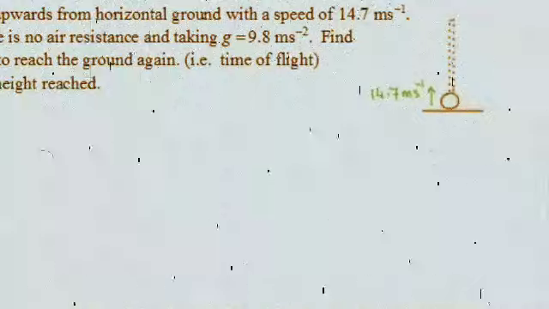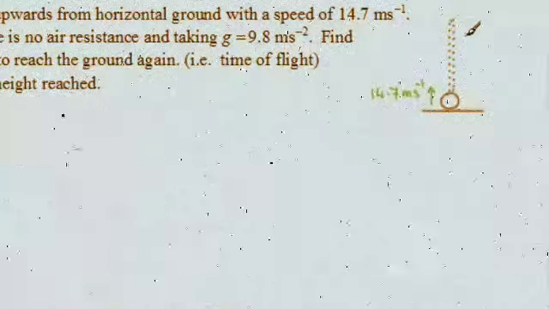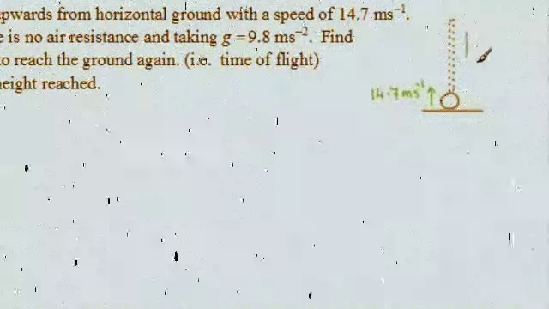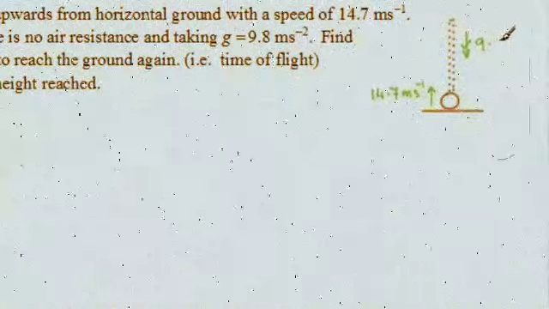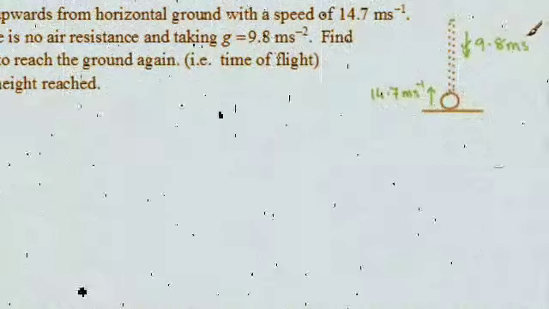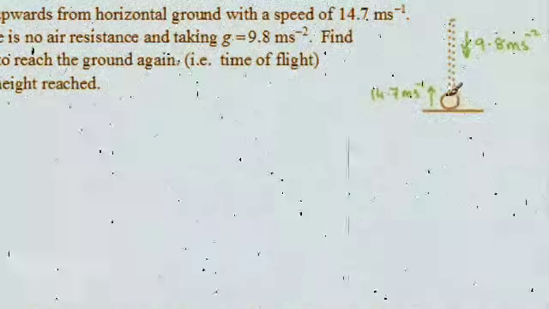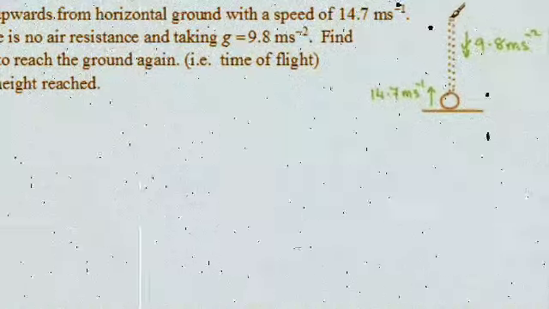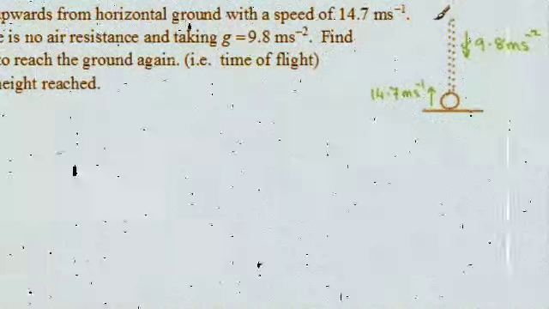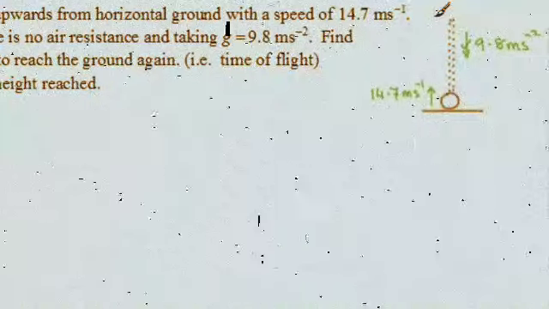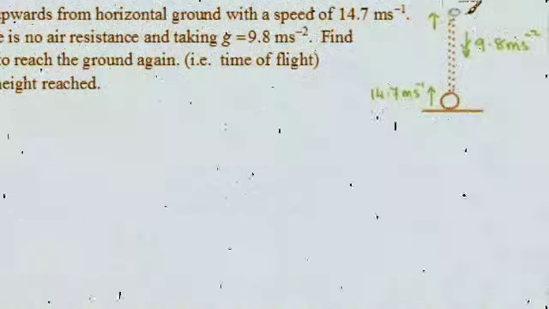Now, I would want to put on this diagram the acceleration due to gravity, which acts vertically downwards. So if we mark that in here with a double arrow, it's going to have a magnitude of 9.8 meters per second squared. Now, when the particle goes up vertically, it comes to instantaneous rest at the top here. So at the top here, v would be equal to 0. I'll just put an arrow here showing that it's come to instantaneous rest, and we'll put here 0 meters